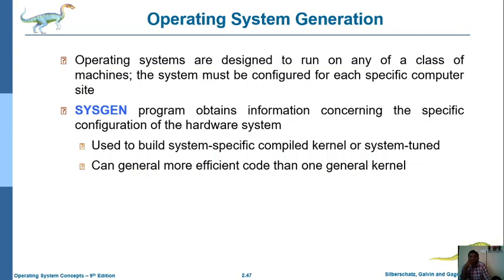So that's why this system generation can generate more general and more efficient code than the original kernel. For that purpose we are improving the operating system generations. That means from one generation to another, it will improve performance, features and CPU utilization, and it can also run on any platform or any architecture-based machine. So these are some improvements from one generation to another.